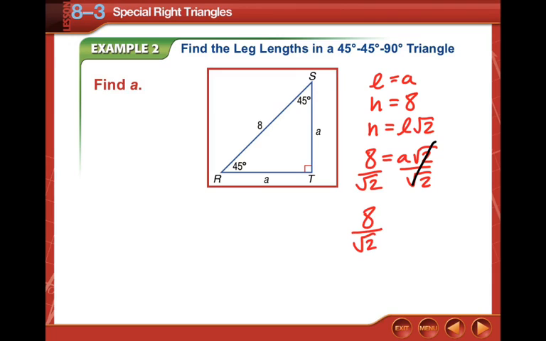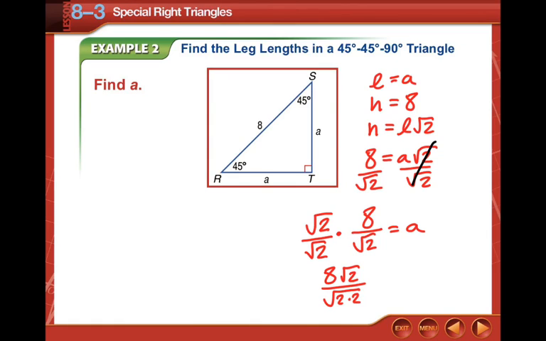Now, I don't know if you guys have ever been taught this before, but you cannot leave a square root on the bottom. No radicals on the bottom of a number. So what we need to do is get rid of it, and the way to do that is to multiply that number by square root 2 over square root 2. So what that does, just like on the previous problem, is we're going to multiply what's inside of the square roots together. So then we end up with 8 square root 2 on the top over square root of 2 times 2,